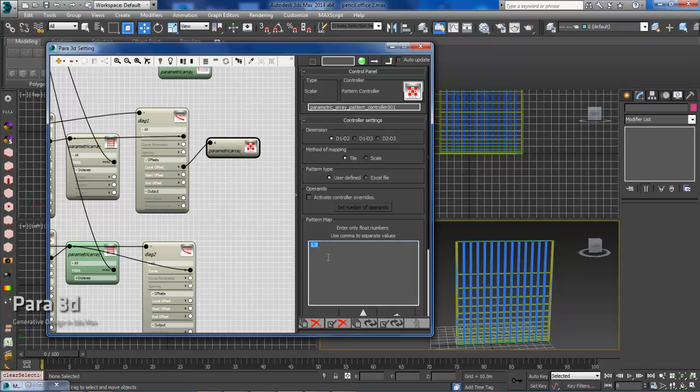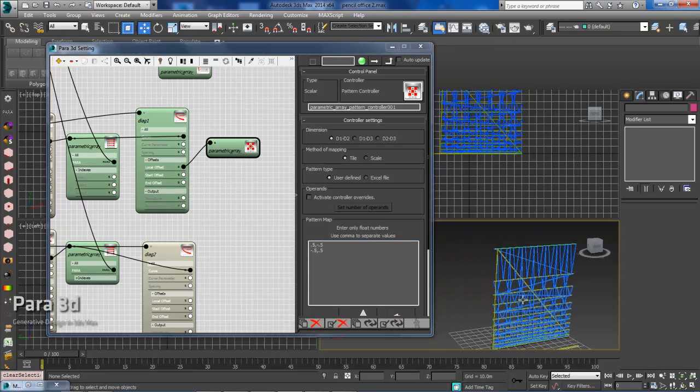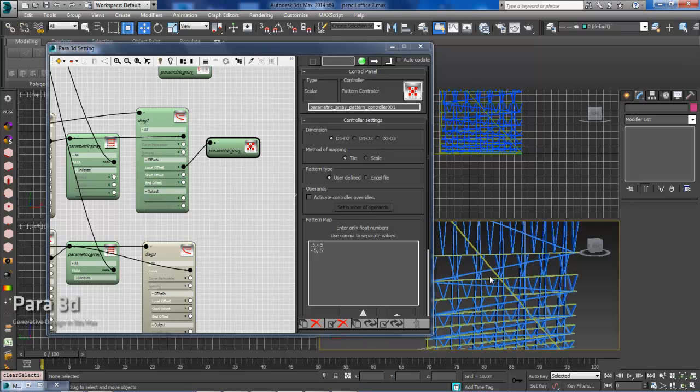So I'm going to go with 0.5, and then it's going to shift negative 0.5. Hit enter, and then I'm basically just going to inverse the two. So I'll start with a negative 0.5, comma, end with 0.5. And then let's just update it from there. As you can see, we need to make a few adjustments, starting with